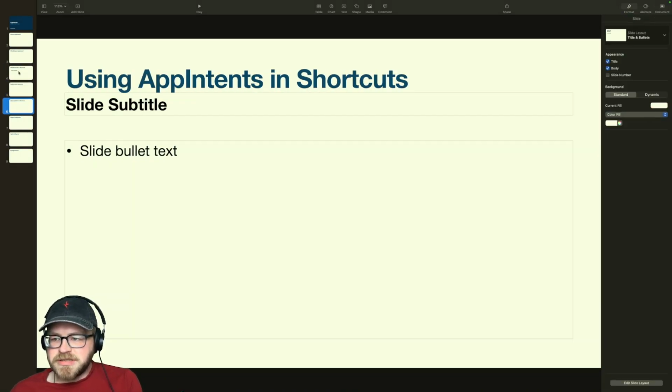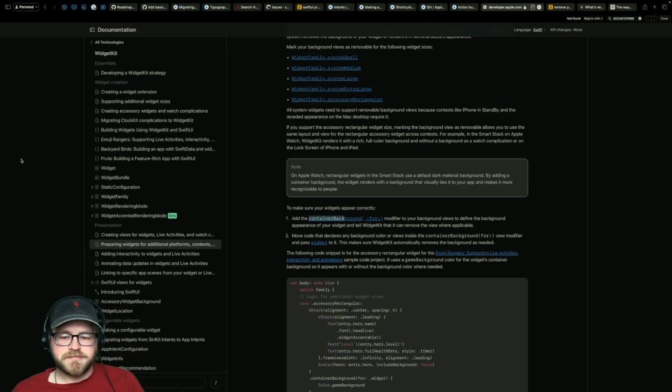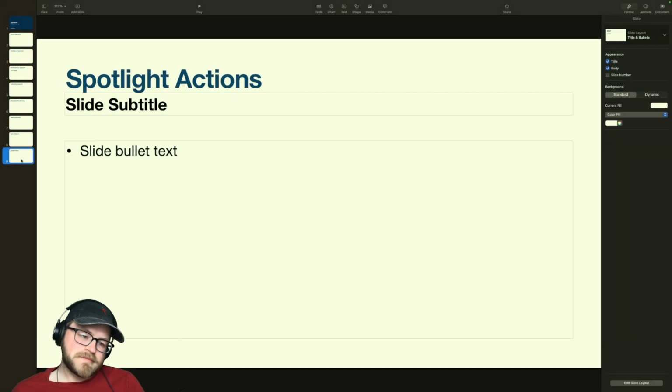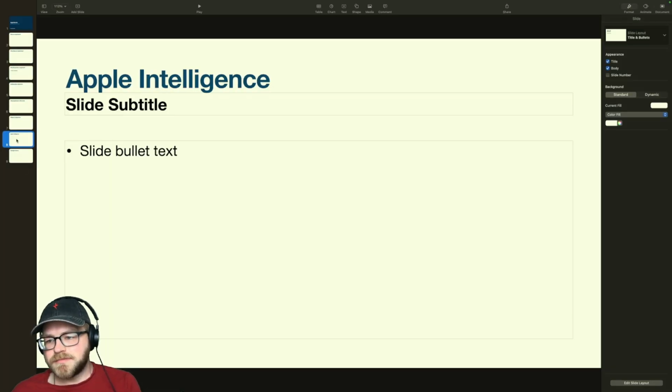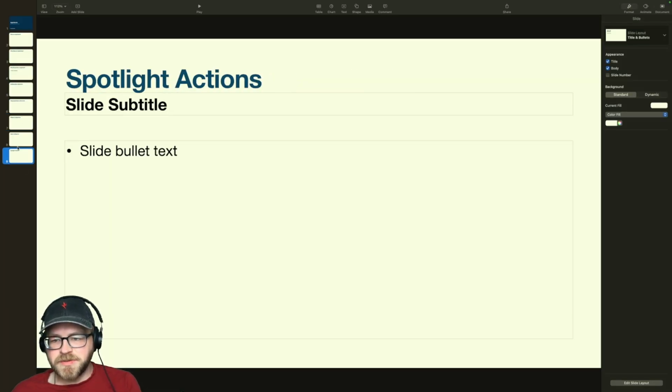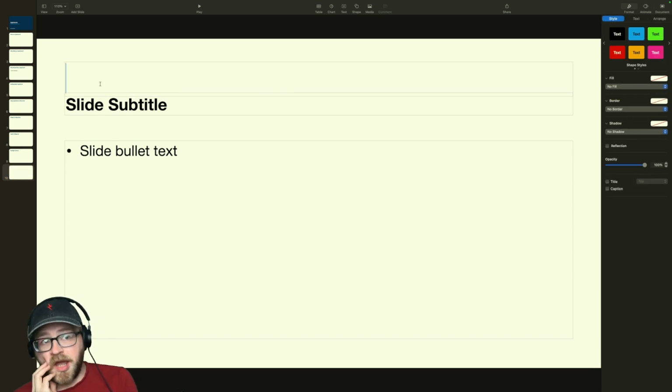Okay, so what should be an app intent? Building basic app intents, using app intents and shortcuts, widget configuration, Apple Intelligence, Spotlight actions. I do think there's one more, which is Apple Watch interactions, because you can have the action button on the Apple Watch trigger a thing in your app that's separate from the Apple Watch thing of being able to just trigger a shortcut.